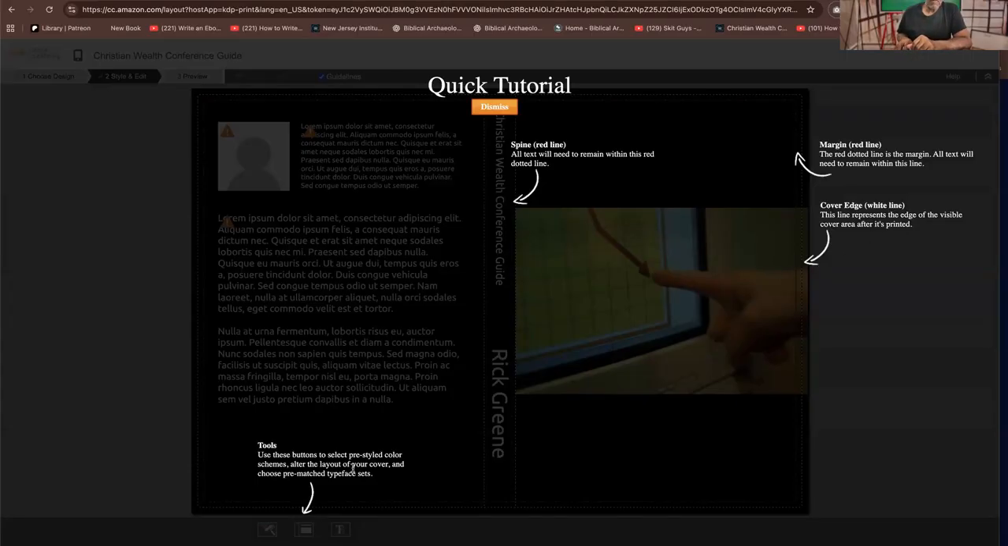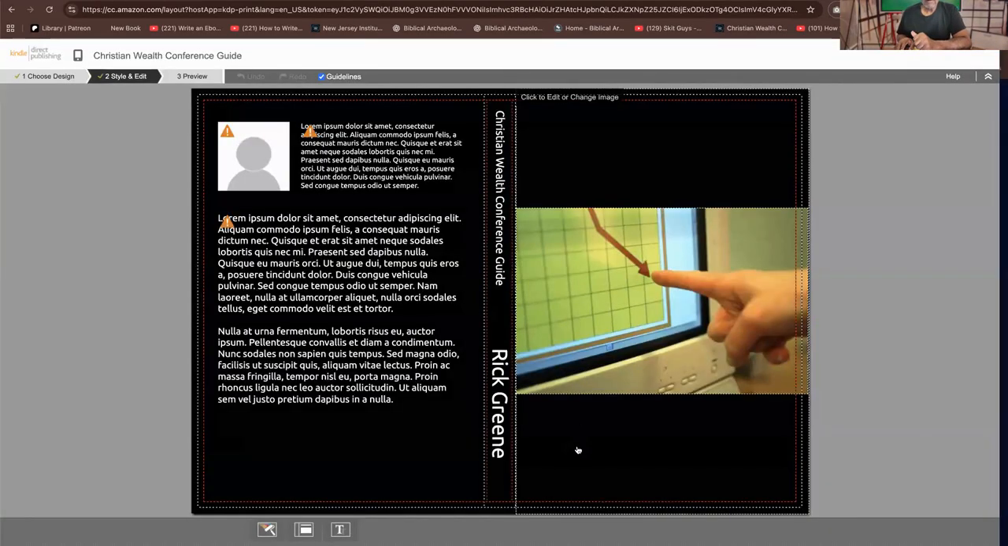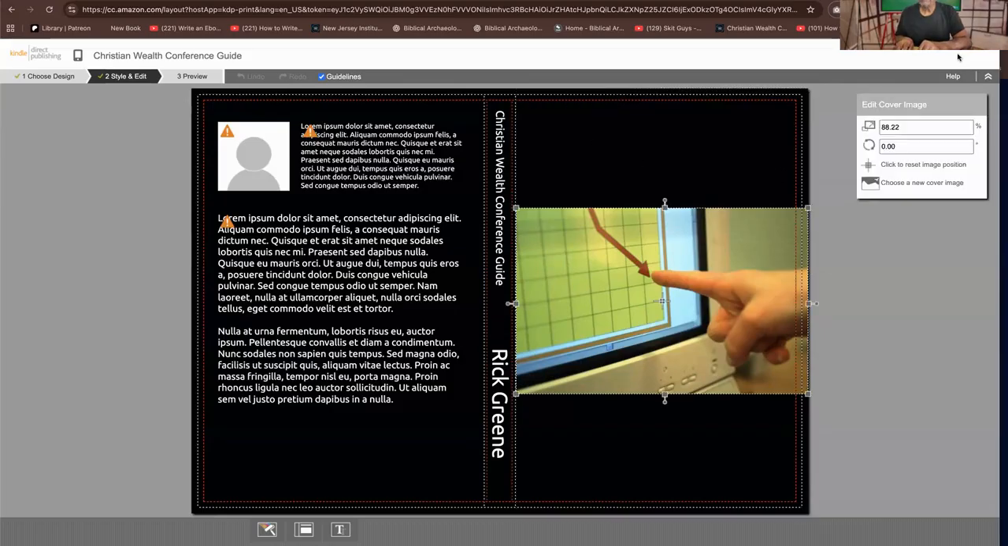and different tools that you have: buttons to pre-select pre-styled color schemes, alter the layout of your cover, and choose pre-matched typefaces. So dismiss that. And so there's our cover. It's done for us. That's my name here. It has the title of the book. It has the image here, and we can simply just add